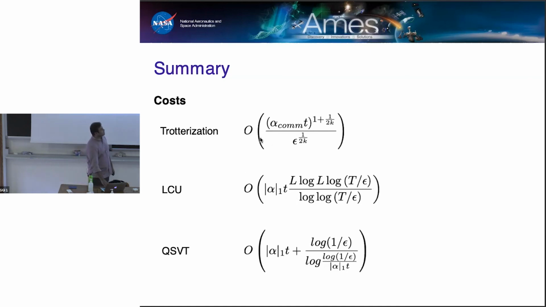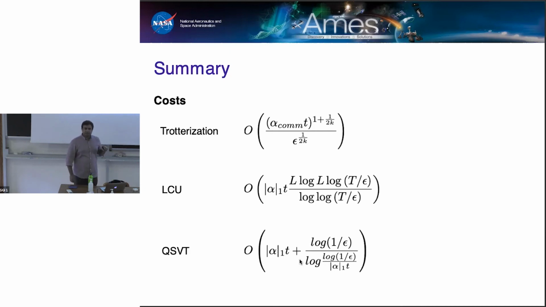And as we go from trotterization to LCU to QSVT, we do progressively better in our dependence on epsilon, because we went from 1 over polynomial of epsilon to nicer scaling in terms of the log of 1 over epsilon. But this dependence was still multiplicative in T and this function of epsilon. And now when we finally go to QSVT, this dependence becomes additive. QSVT right now is really the state of the art. As far as I'm aware, there's no better algorithm for Hamiltonian simulation in terms of asymptotic complexity than QSVT.